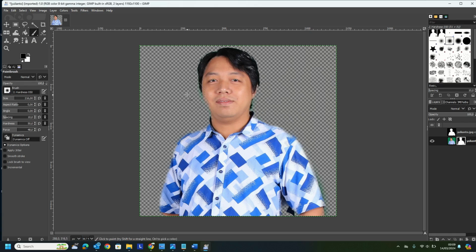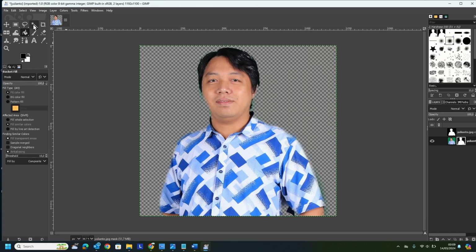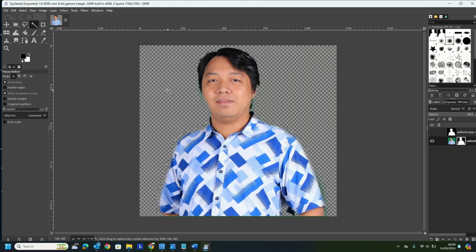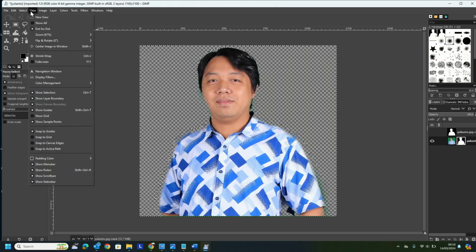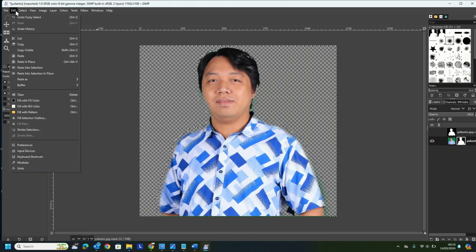To make this image look more appropriate, we click this one, the Fuzzy Select tool. Then we invert the selection: select, then invert. Where's the invert?